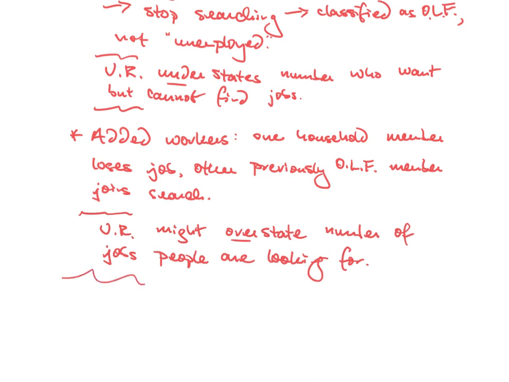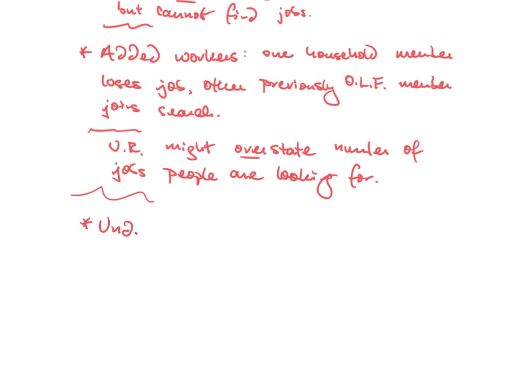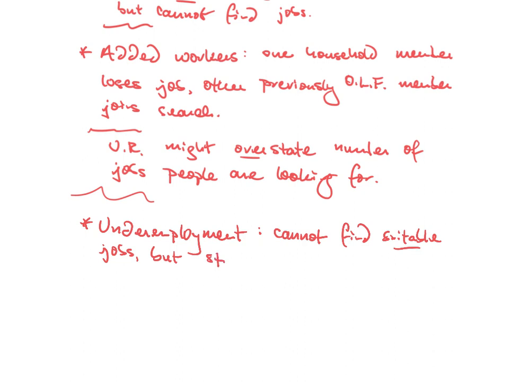Now, third on my list of things to think about when interpreting the unemployment rate is underemployment. People who cannot find suitable jobs but still work for pay. Okay. And as long as a person works for pay, the person is considered employed. The person is not considered unemployed, even if they don't have the hours they want, even if the job isn't